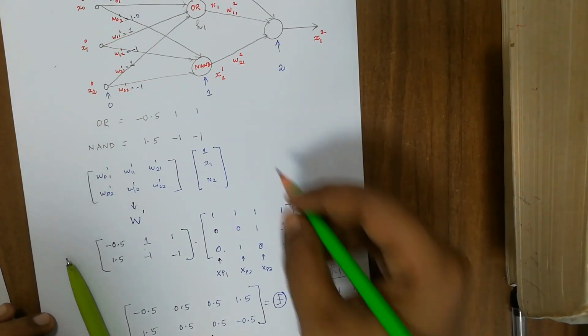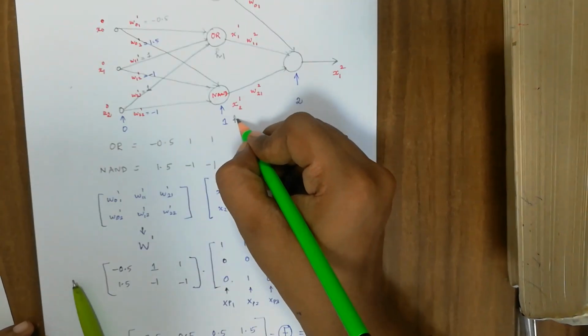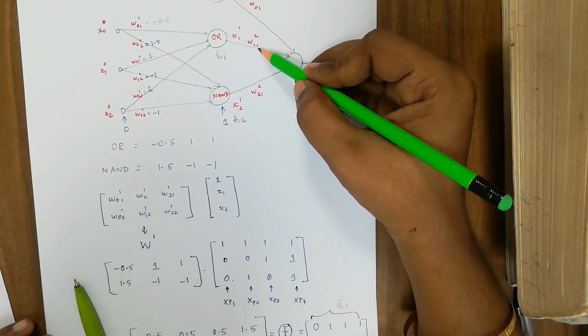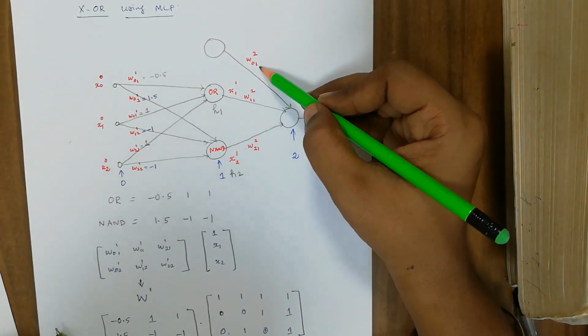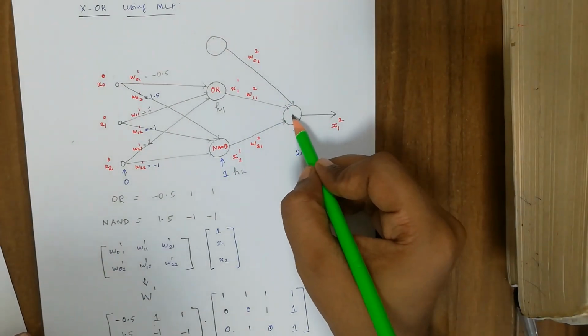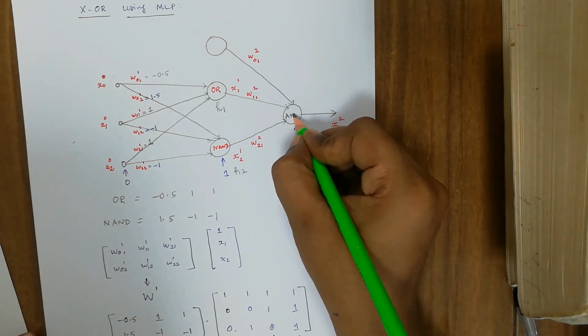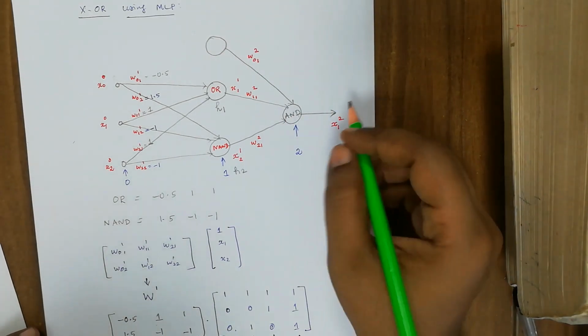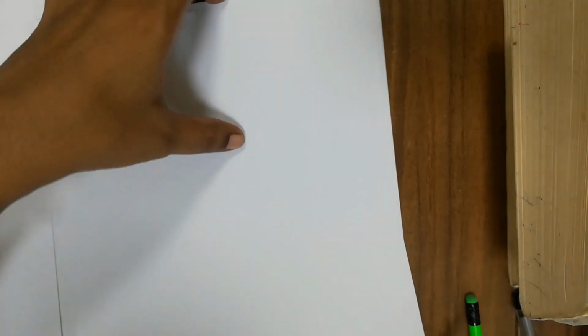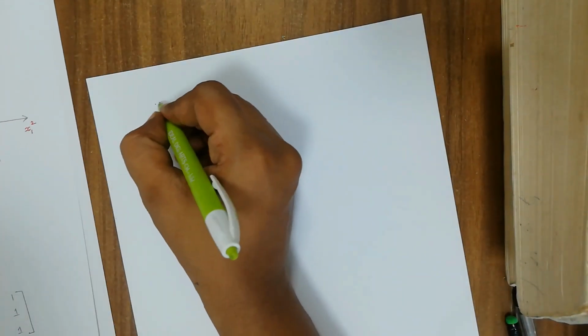Now once we obtain H1 and then H2, the output of this H1, H2 has to be multiplied with this weight vector, which is W012, W112, and then W21, in order to get the result at the output. So what we have to apply is the AND operation. So we have to take this as an input. Let us proceed. Let us take the input in the form of a matrix itself, and then we have to apply a suitable weight matrix.